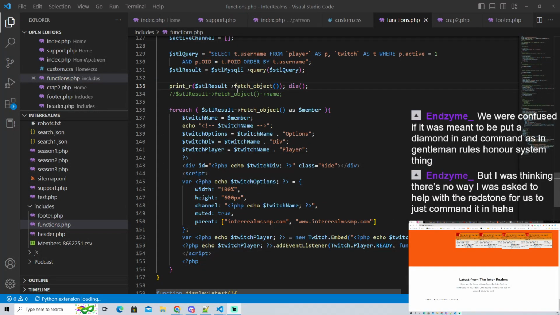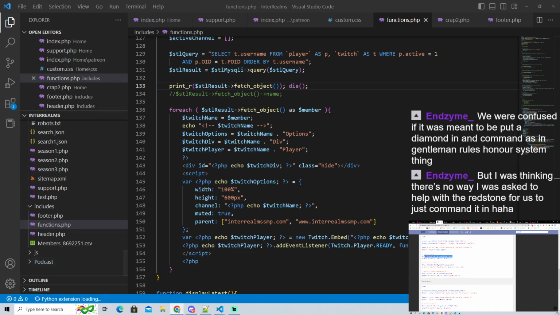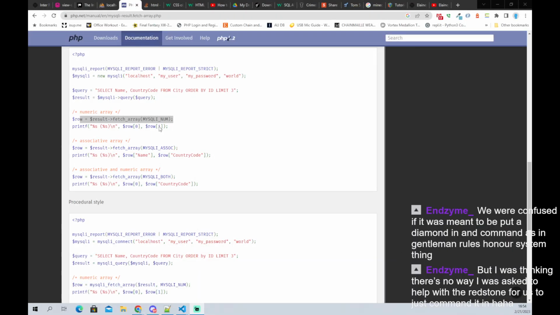So we are going to, instead of fetching the... okay, let me actually jump back over here, because this is what tipped me off as to what the problem was. Let's go back. When I did the fetch array, remember how I said to think of a database output as like an Excel spreadsheet?